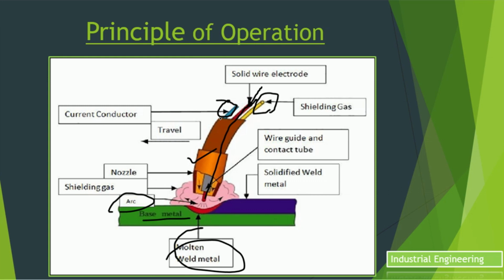The weld pool is protected from the surrounding atmosphere. As I already told you, the shielding gas protects the molten metal from the atmospheric gases. The wire is fed from a reel by a motor drive, and the welder or machine moves the welding gun or torch along the joint line. I will explain this motor drive later in my video. The process offers high productivity and is economical because the consumable wire is continuous. As I've already told you, we are using a wire drum or a wire spool for MIG welding, so we are able to produce long length joints.